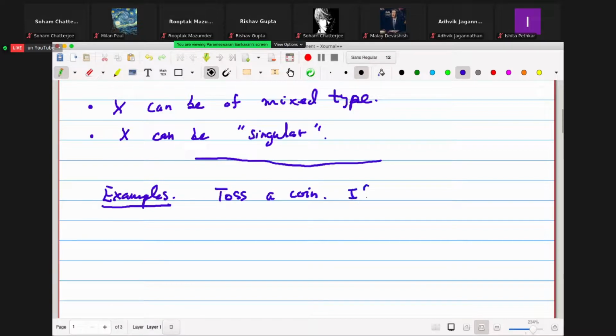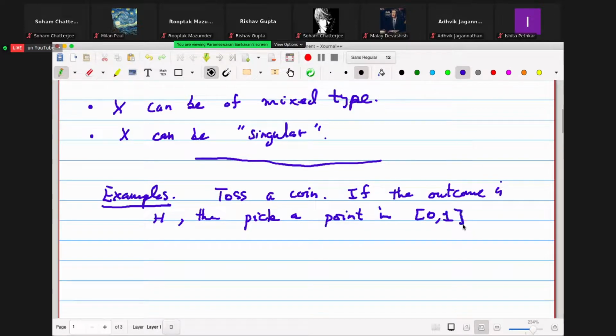If the outcome is heads, then pick a point in the interval 0 to 1. Okay, and so this is the experiment. So if the outcome is,